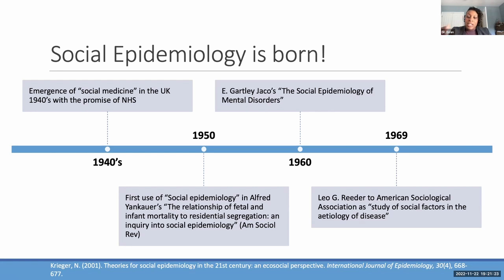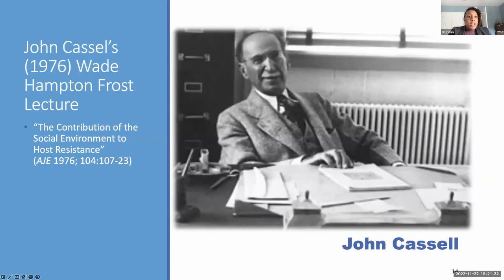social factors in the etiology of disease, and really started putting social epi, so to speak, on the map in the 1970s. Soon after that, John Cassel produced the Wade Hampton Frost lecture, where John Cassel further decided to elevate the social